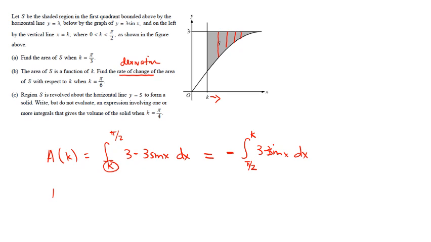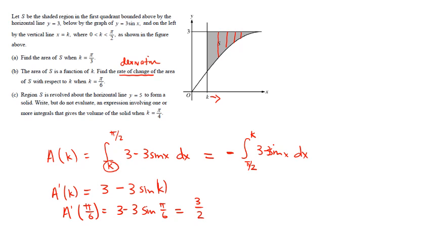Okay, so now if I take the derivative to find the rate of change, A prime of k is going to equal, I'm just going to take the k and plug it in for the x right there. So that's going to be 3 minus 3 sine of k, which says sinc. Kind of funny. Okay, so A prime of pi over 6 is what they want the rate of change at. So that is going to be 3 minus 3 sine of pi over 6, which is a perfectly fine way to leave your answer. Or you can go all the way to the final answer, which I believe should be